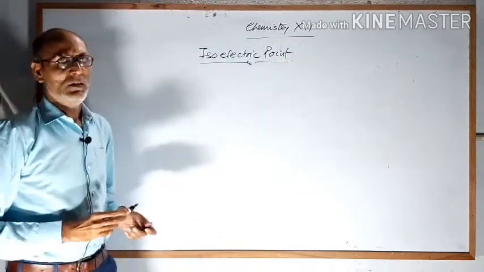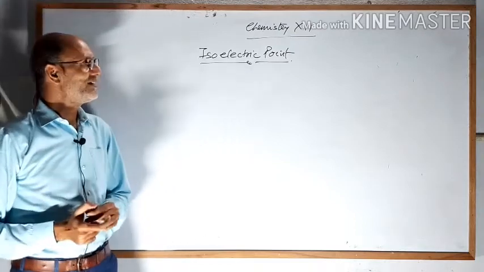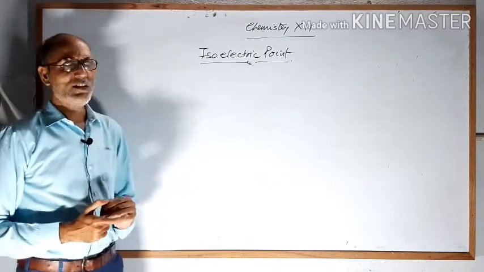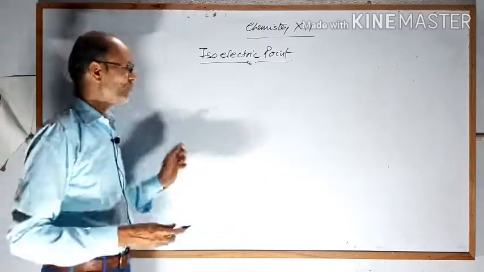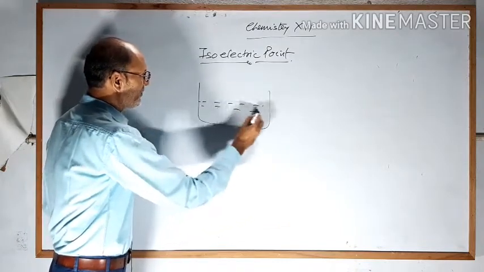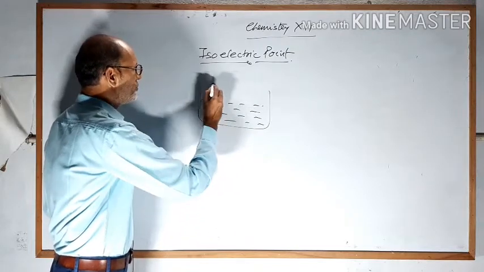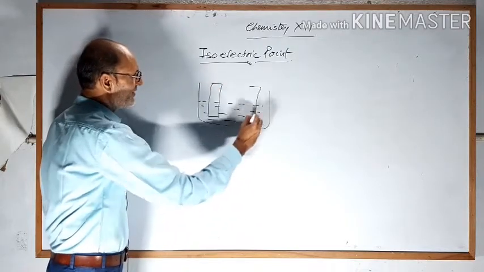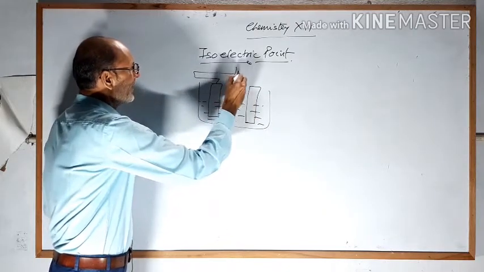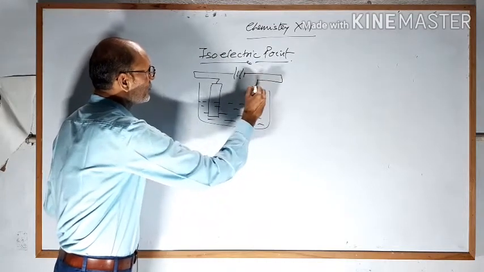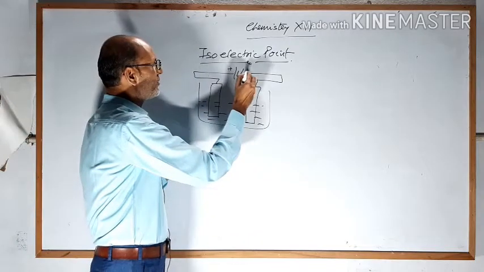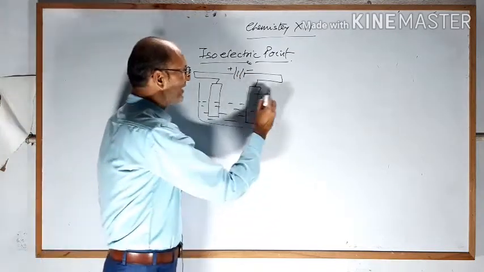As you know, when any solution containing positive or negative ions is electrolyzed, its ions move towards the cathode or anode. Suppose you take a container and fill it with a solution containing positive and negative ions. You put two rods, one is cathode, another is anode. Cathode is the electrode connected to the negative terminal of the battery, the negative plate of the battery. This is the positive plate, this is the negative plate. So dear student, this is cathode